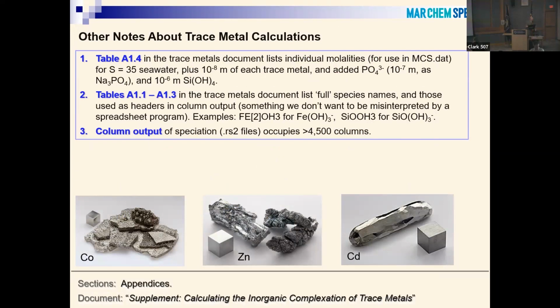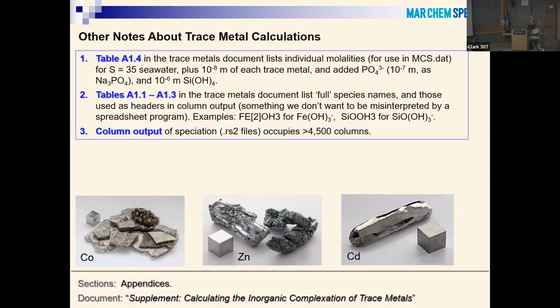So the only other things to say really about the trace metal calculations are to refer to the manual. So there's a table in the appendix which lists a set of individual modalities you could put into mcs.dat to do the calculation that I showed, giving you the fractional speciation in salinity 35 seawater. And some of the other tables